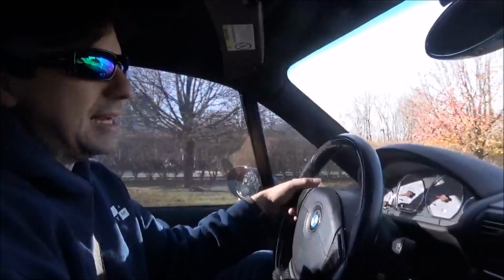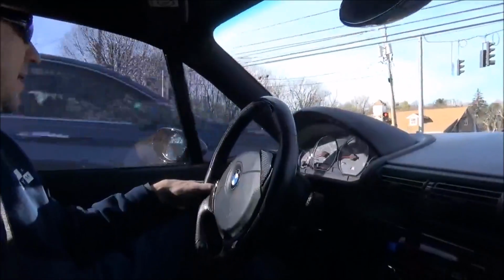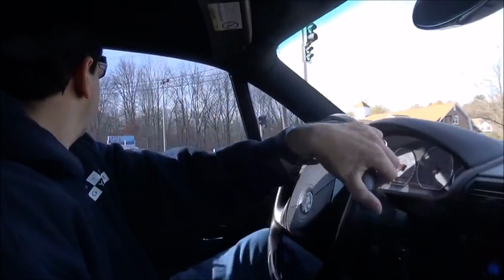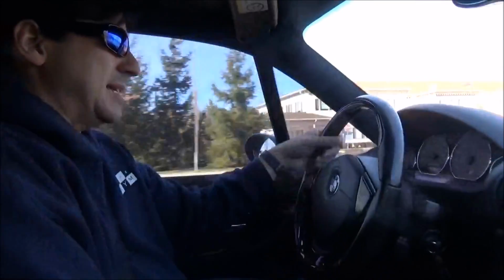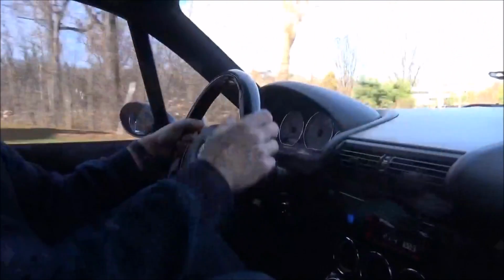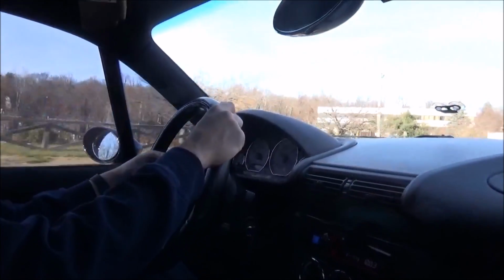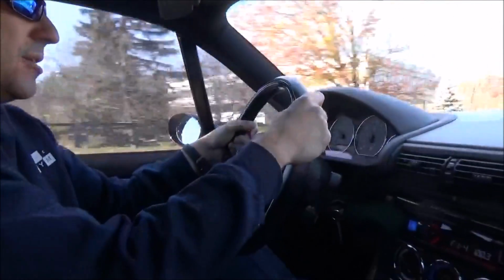You know what? Let's go right here just because we're going to get stuck behind this slow car. You do feel the bumps because you're really sitting practically on top of the rear tires, where the M2 has a back seat and it makes it smoother. I don't know if the sound of this engine comes out, but it's a very lively car with a short wheelbase, like the M2, where you can really kind of throw it into a turn, and this car really just